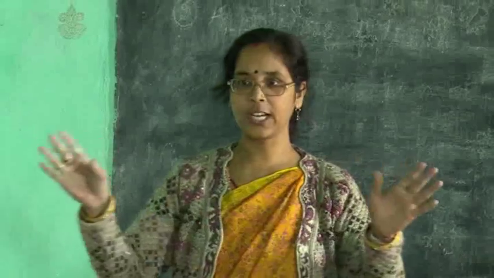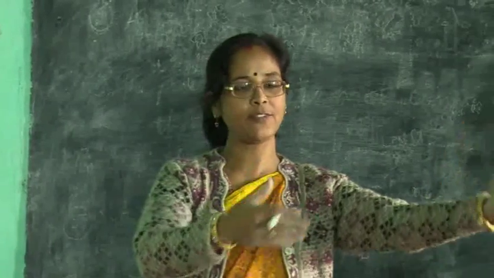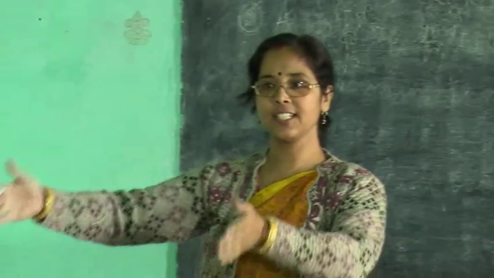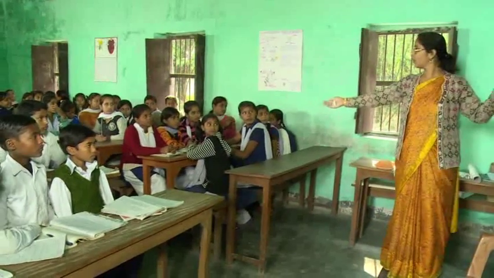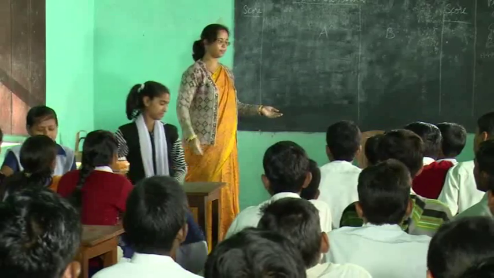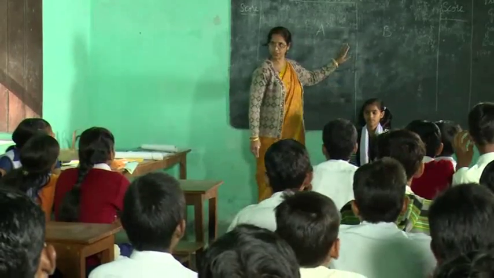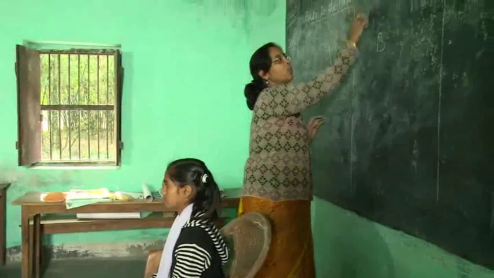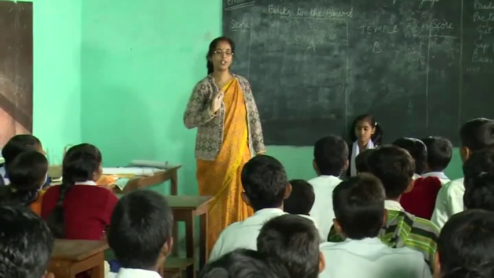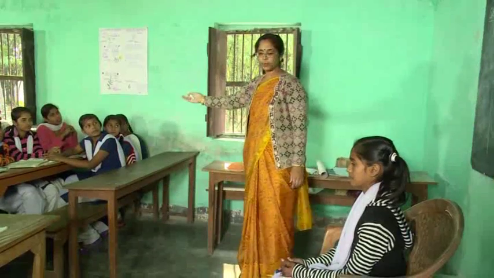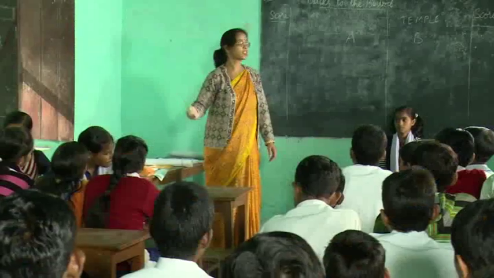I will divide the whole class into two groups. This side, boys is one group to my left, and this side on the right, girls is one group. One person from, say, group A will come and sit here. Dulari, please come. Dulari is facing the class and her back is to the board. If I write a word here, can Dulari see it? No, ma'am. Alright. So, her group, that is group A, will give her clues, or hints so that she